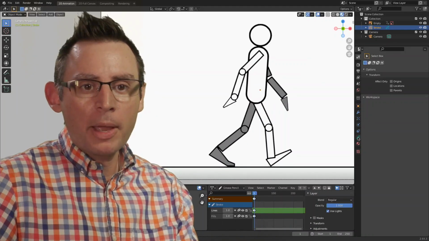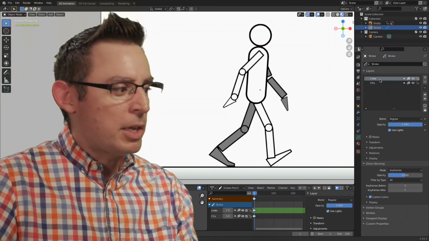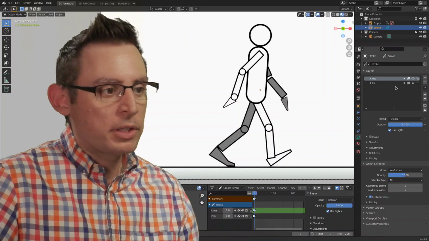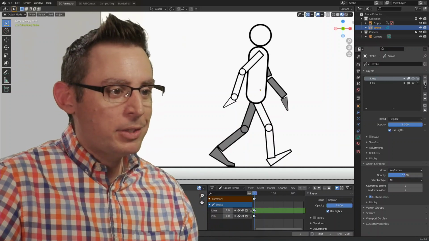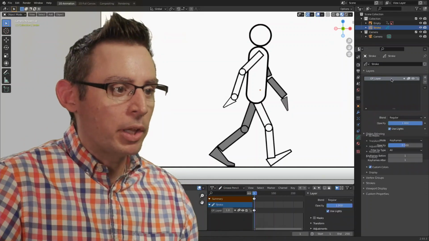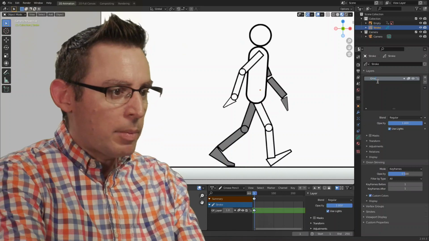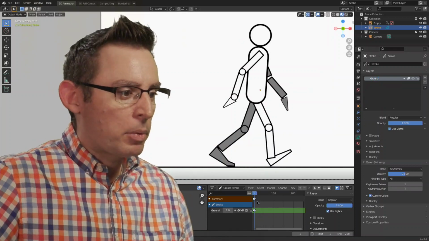Now I'm going to go into my animation layers here real fast and just get rid of all of the default animation layers that come with every single 2D animation Blender file. Let's just hit the minus key, let's get rid of them. And of course we need to start building our own animation layers, so let's go ahead and add a new one. If we double click on the name, we can rename it to Ground. There we go, happy with that.